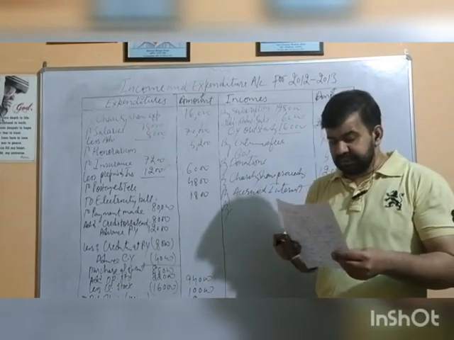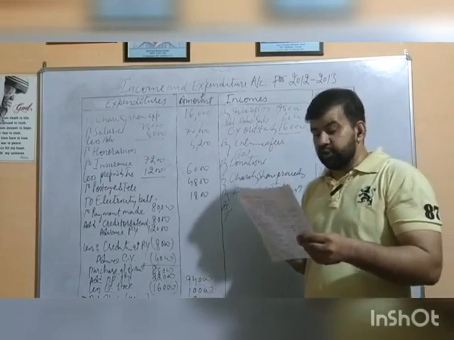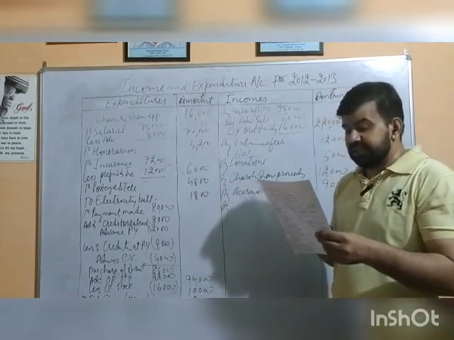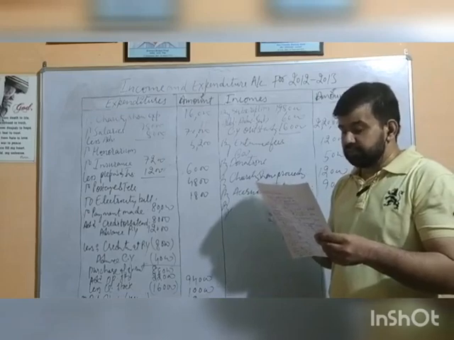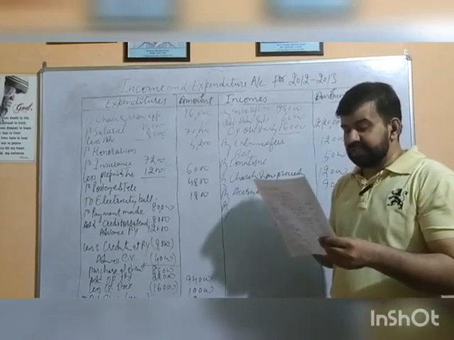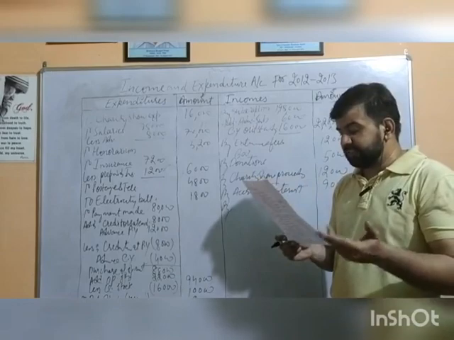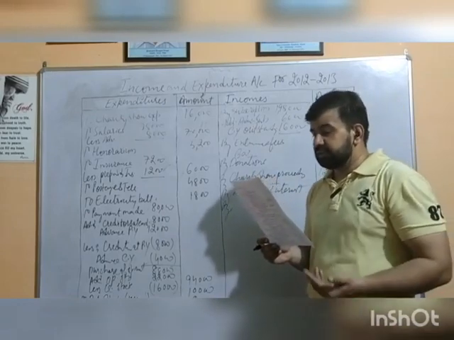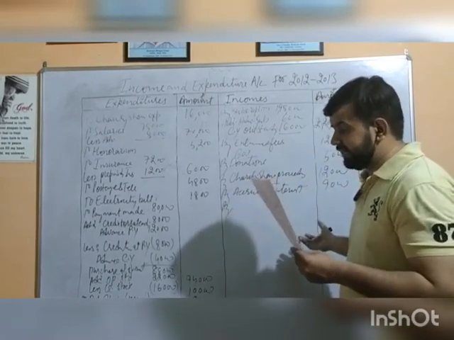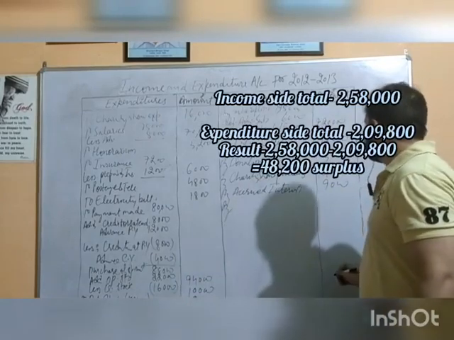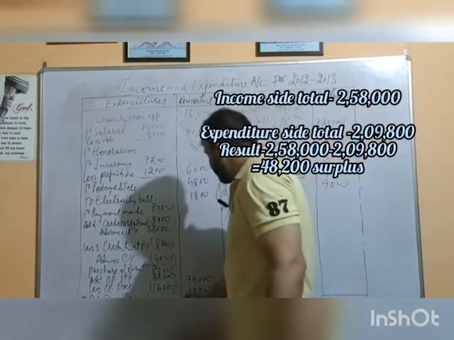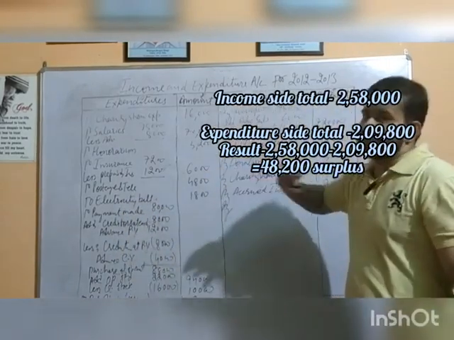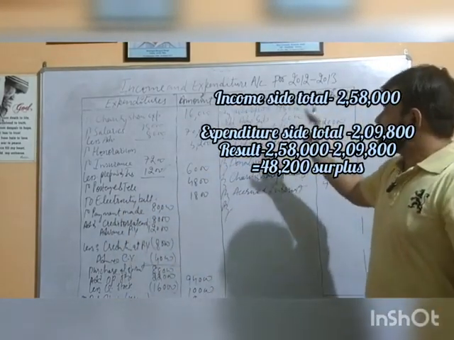Creditors we have shown. Yes, creditors at the end of the current financial year is going to be 8,000. It is to be shown on the balance sheet liability side, advance is to be shown on the asset side. Stock of the material is to be shown on the asset side. Depreciation we have already shown. This is all about this numerical what we have written here. Now we have to just make it total and try to find out whether we are having excess of expenditure or income or vice versa.